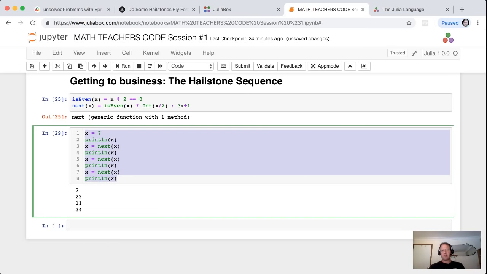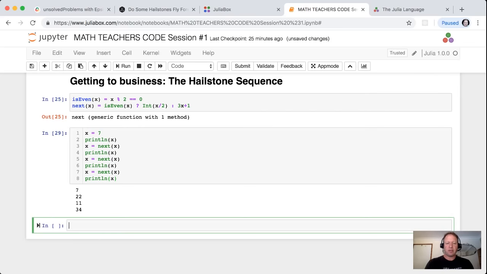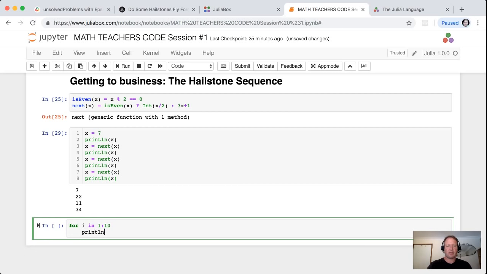So for this, let's introduce a loop. Even if you've never programmed before, it's already evident to you that one of the useful things of computers is that you can make them do things again and again and save manual labor. So in this case, let's start with not the right loop to use here, but the easiest loop in a sense, and that's the for loop. So what we can do is we can do a for i in 1 till, let's say, 10, println i,